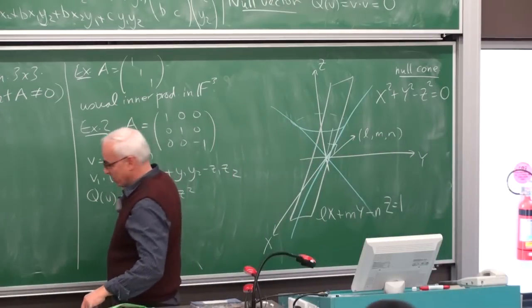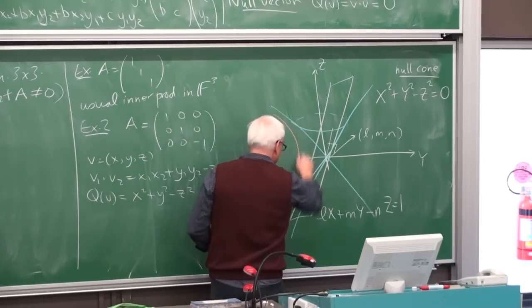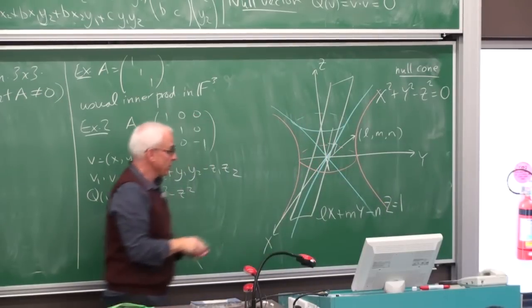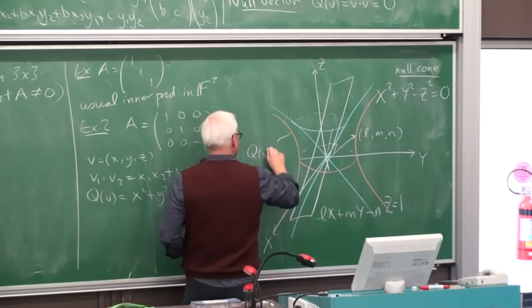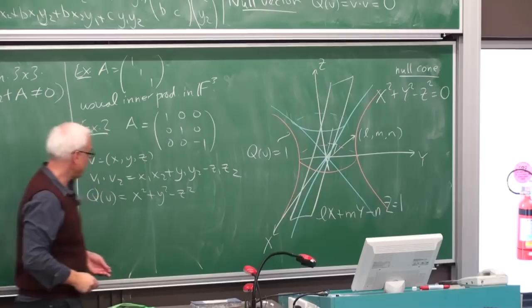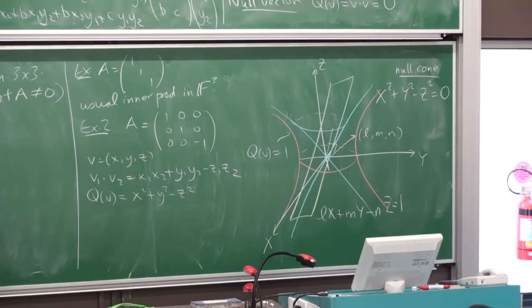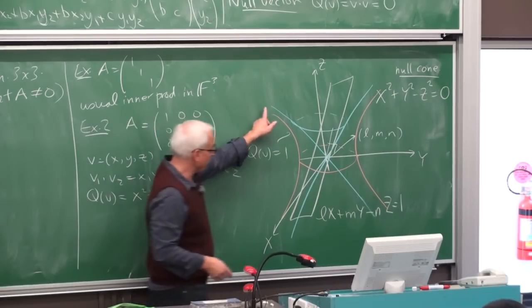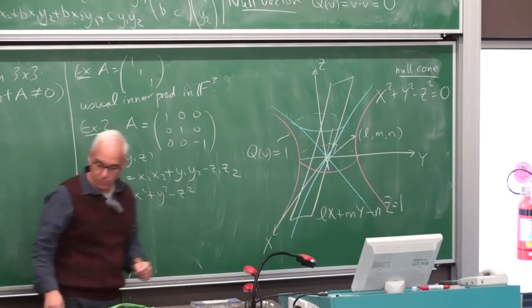The circles now are spheres, and they're of two different kinds. So here would be quadrants of V equals, say, 1. That corresponds to the equation x squared plus y squared minus z squared equals 1. That's a hyperboloid of revolution, or sometimes called a hyperboloid of one sheet. It's what you get when you rotate this hyperbola around the z-axis. Hyperboloid of one sheet.